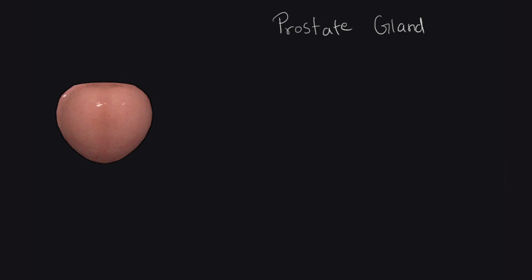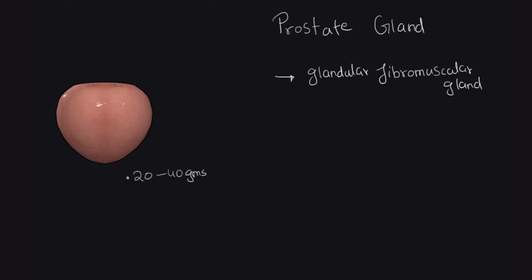Let us take a look at the prostate gland. The prostate gland is a glandular and fibromuscular organ that looks like an inverted cone, just like the bladder, but much smaller in both weight and size. It weighs about 20 to 40 grams, and it accounts for about 30% of the secretion of